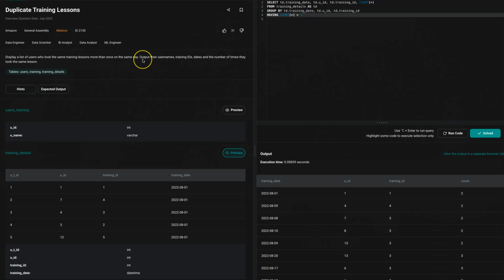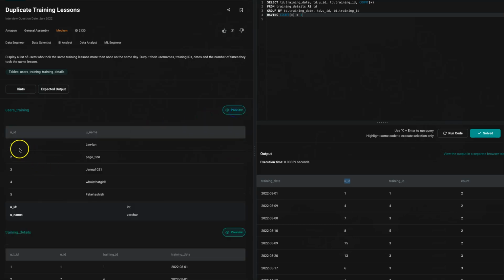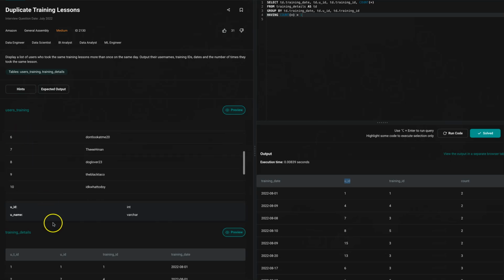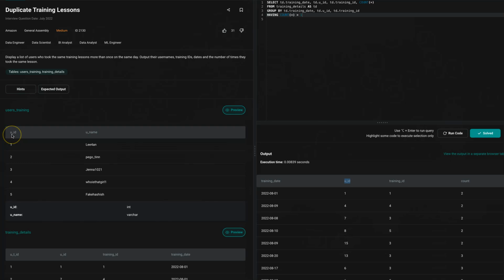In the question, they're asking output their usernames. Okay. Here we have user IDs. So how can we replace this user ID with the username? As you recall, in the first table, we had usernames, human readable usernames for corresponding IDs, right? So we're going to do a join of this table with the training details table based on the user ID, because that's the common column, right? So let's do that inner join